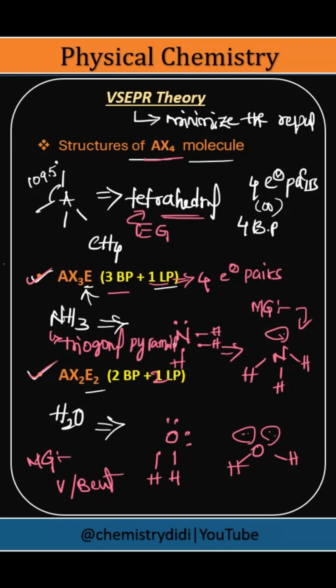So I hope you have understood. It is a bit messy, but yeah, I hope you have understood the topic. See, here are the 3 cases. One is the standard structure, which has 4 bond pairs, and the electron geometry and molecular geometry are both the same,